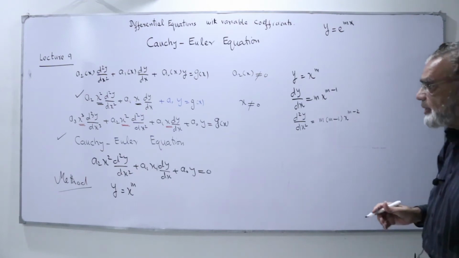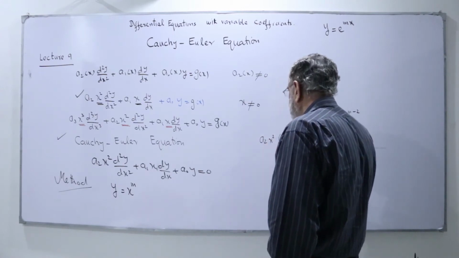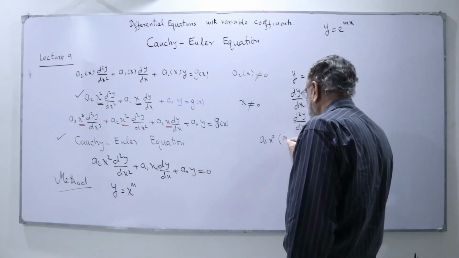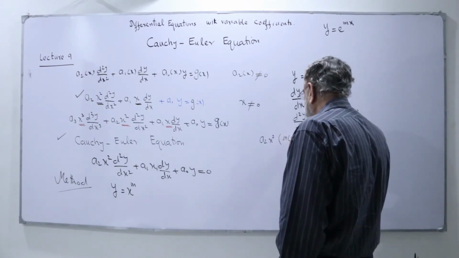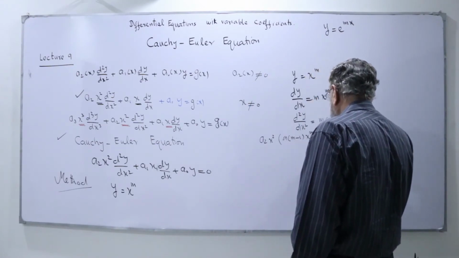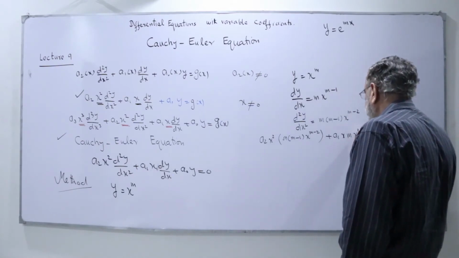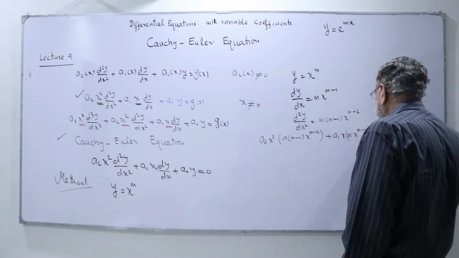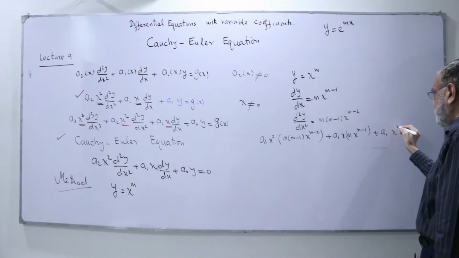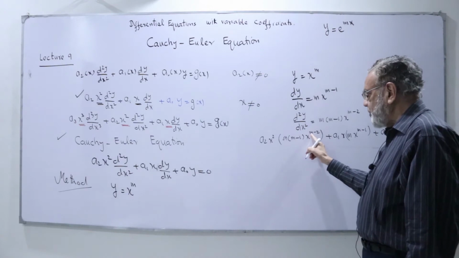I see what's going to happen. We're having a2 x squared, and we put the value of d2y by dx square, this m into m minus 1 x to the power m minus 2, plus a1 x, m x to the power m minus 1, plus a0 y, which is x to the power m, and this is equal to 0. When I multiply this x square with x to the power m minus 2, I get